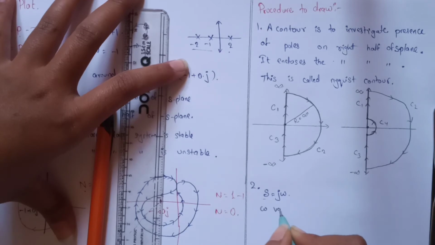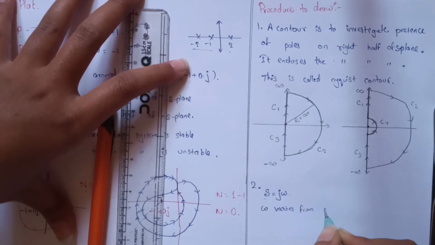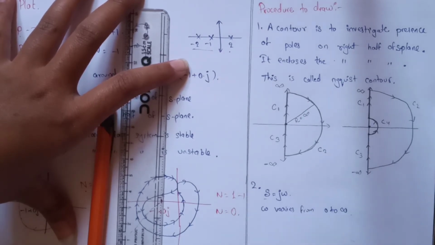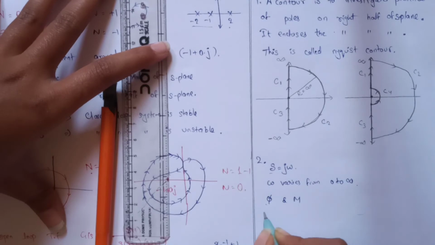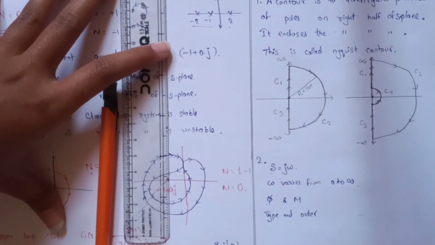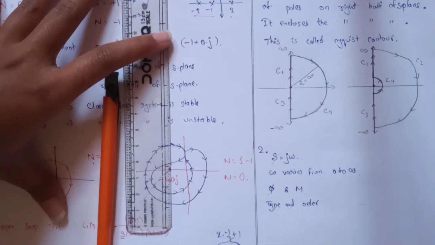The omega varies from 0 to infinity. So we will calculate the corresponding phase and magnitude values, and we will draw the polar plot according to type and order, or we can also draw using another method, and then we will separate